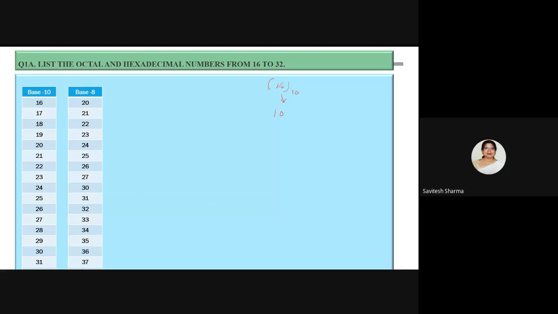So this is the binary equivalent of 16, and you will group 4 bits. For conversion to hexadecimal, you will make 4-bit groups. So here only one bit was left, so you will add 3 zeros, and then you will write the binary equivalent. So this is 0 and this is 1. So that means 16 is equivalent to 10 in hexadecimal. So now I got the first number, so I will start writing the series.